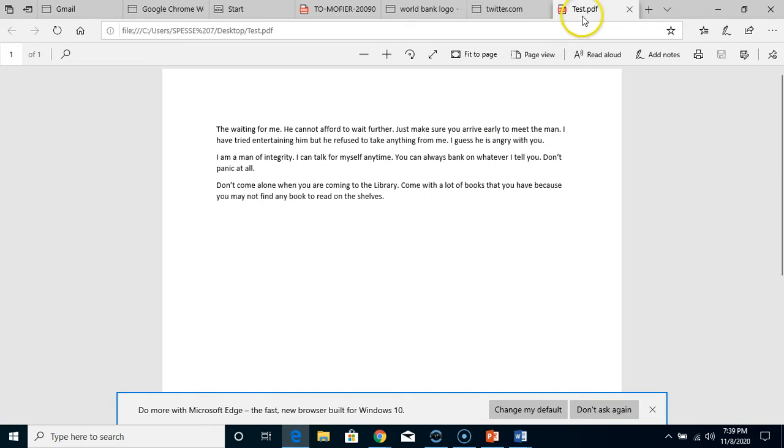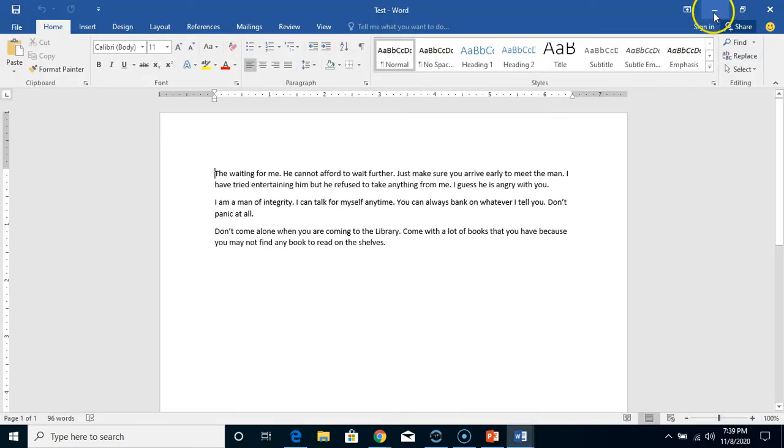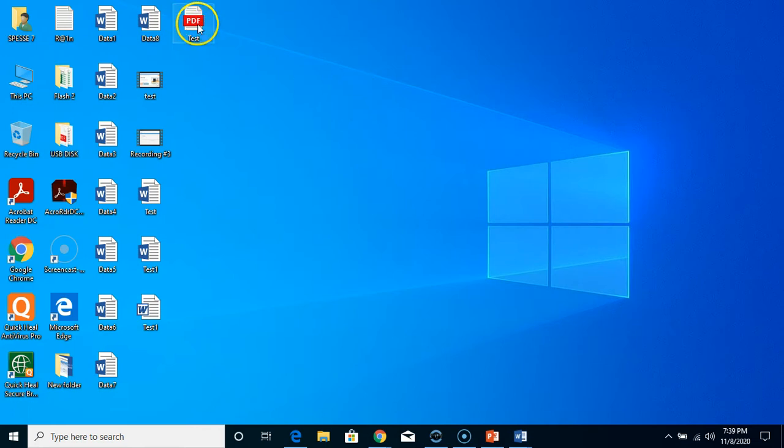Okay, so it's PDF. Can you see test.pdf? So that's the way it works. I'm going to minimize this and go back to my desktop to see. As you can see now, look at the document. Sorry, I have Acrobat Reader on this system, but I think I selected Microsoft Edge as the default application for opening my PDF